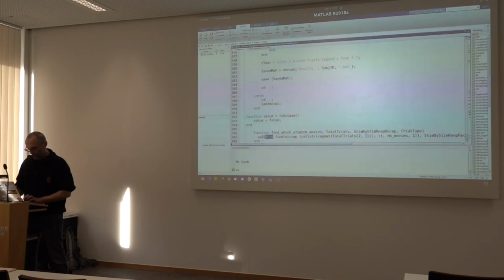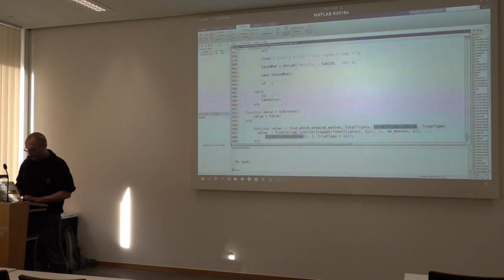Wait, if we don't return the value, this is never going to work. Cool. Also, most likely what I would start doing now is make sure that my lines are not too long. So I would start making things a bit shorter like this, and maybe even just like this.